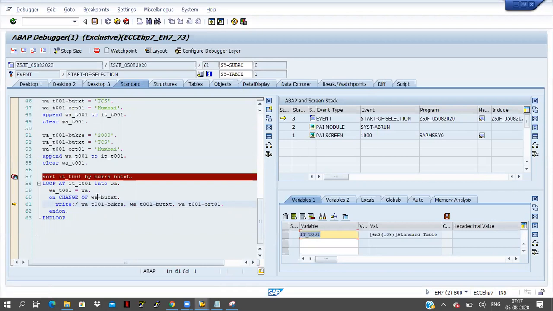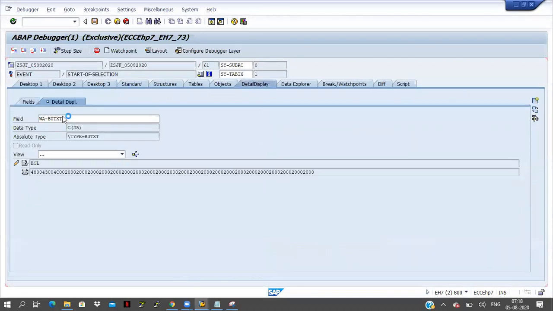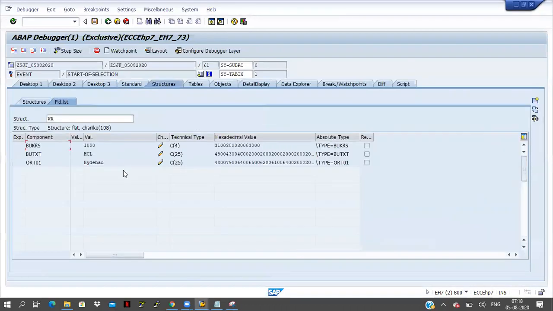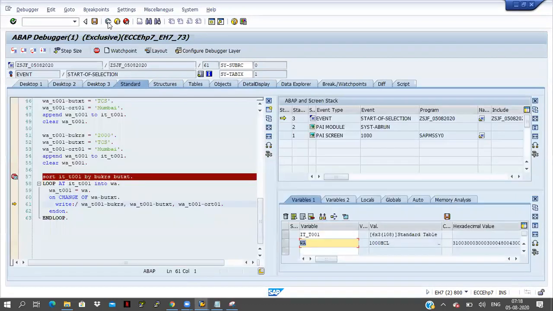If you double click on this work area, let us see. If you see here, the values won't convert into stars or zeros. The work area values are not converting into stars and zeros.